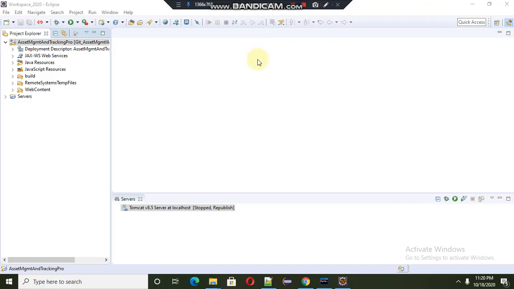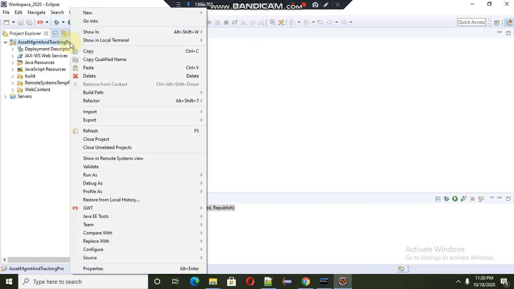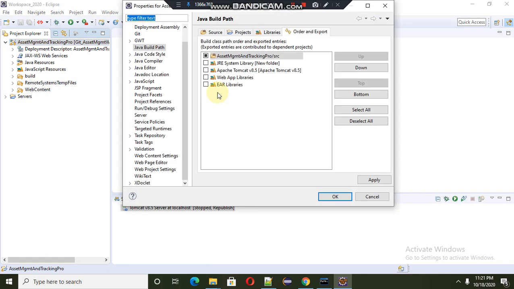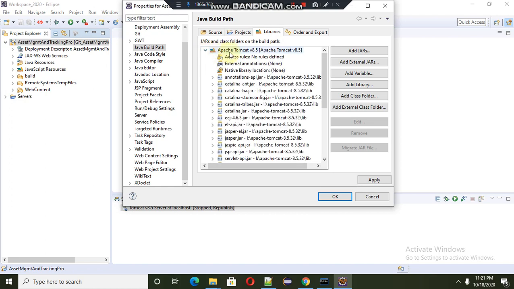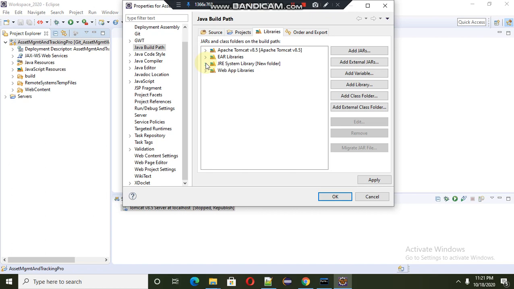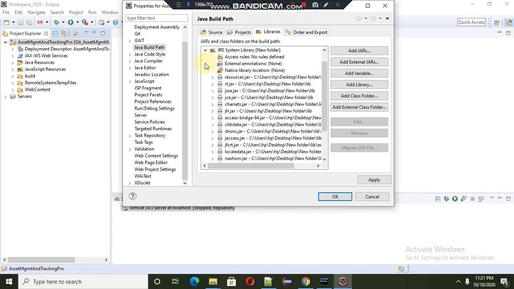So now I am configuring all the jars and dependencies. For that, just right click on your project, Build Path, then Configure Build Path. So in Libraries, basically these are the libraries of Apache Tomcat server. This is your JRE, or inside your JDK folder there is a JRE, Java Runtime Environment, all these files, and your web app libraries.